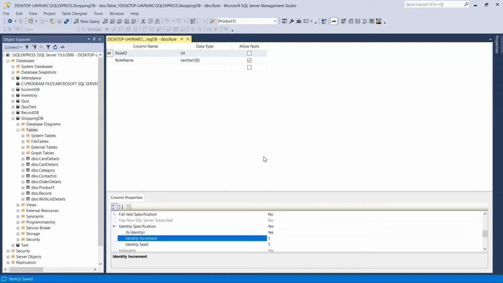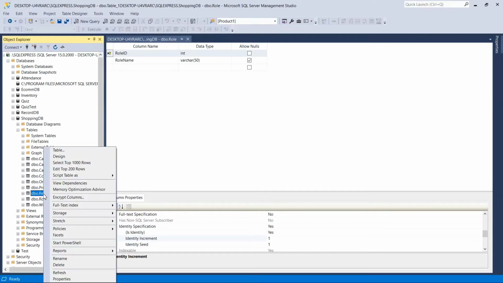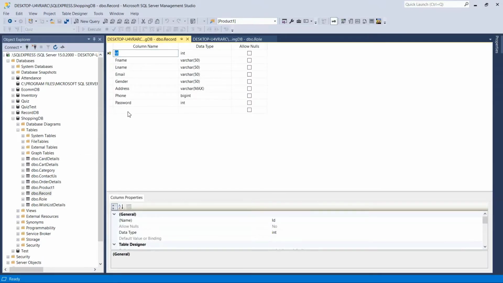Okay. So our role table has been created. You can see here. Now we need to update two tables. Let's see the first one, that is the record table, in which the user registration record is there. We need to add one new column, that is role ID.